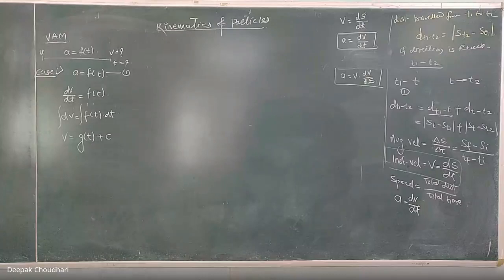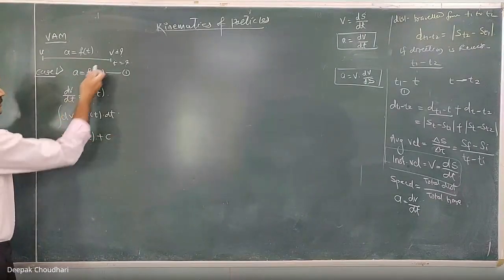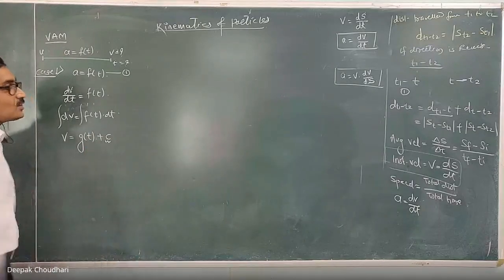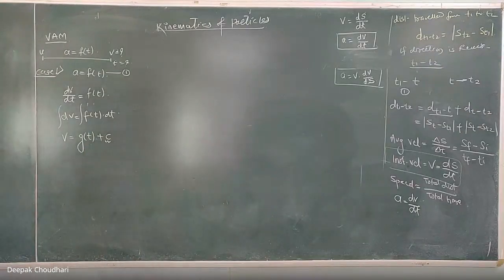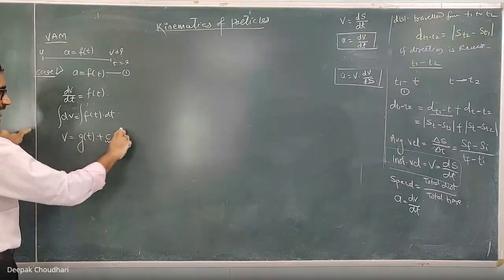Okay, and I will not suggest making this an indefinite integral a definite integral. We have to write down the equation of motion, so call it indefinite only. So v equal to g of t plus c. So from this acceleration equation we got the velocity equation, but in that velocity equation there is one constant of integration c. Now the question is to get the generalized equation of the velocity as a function of time t.